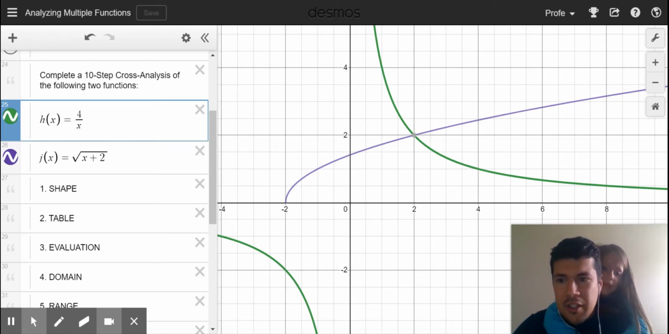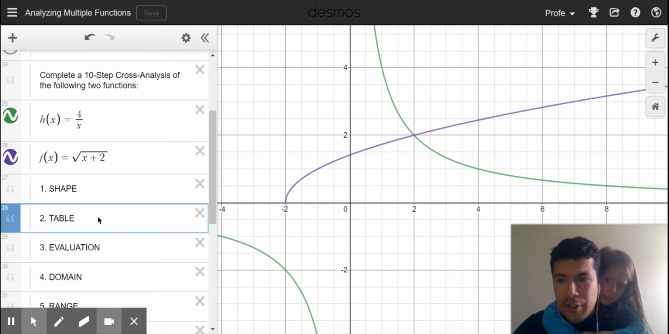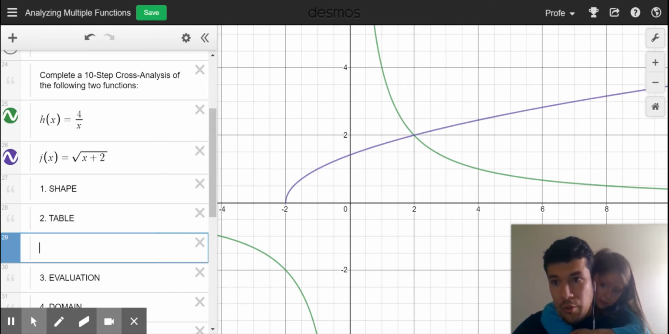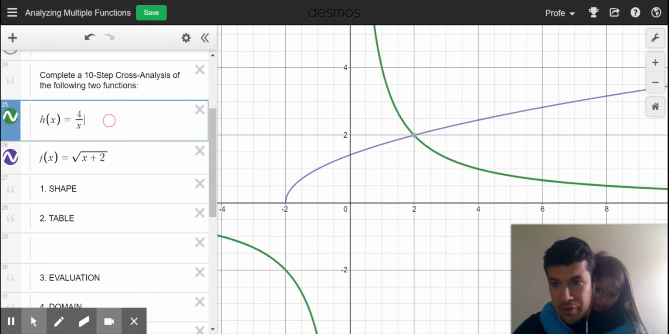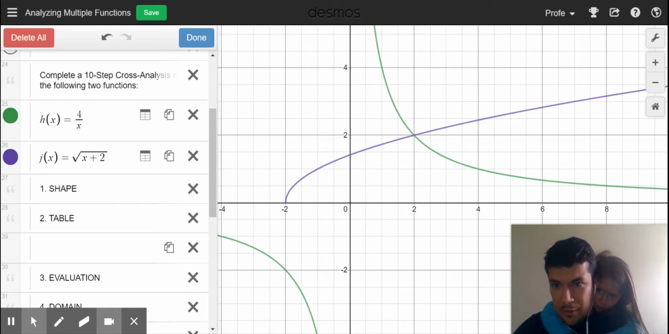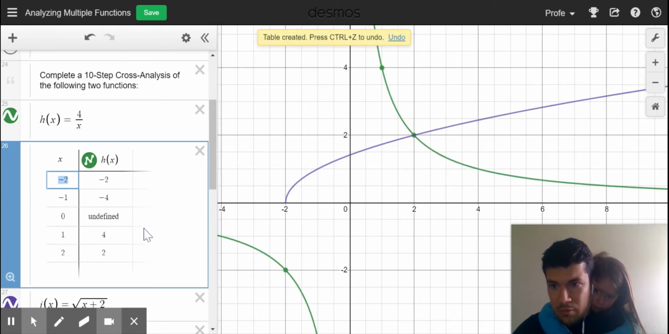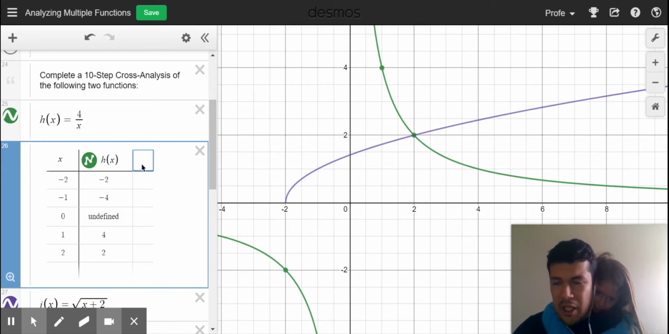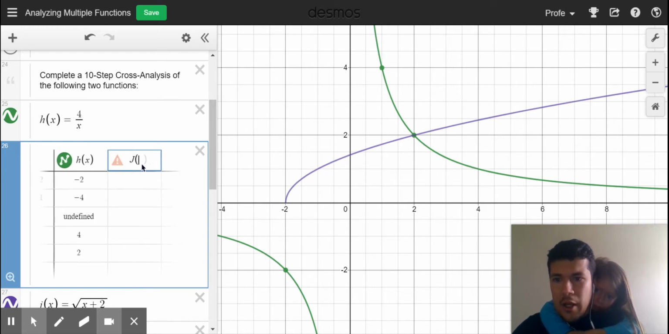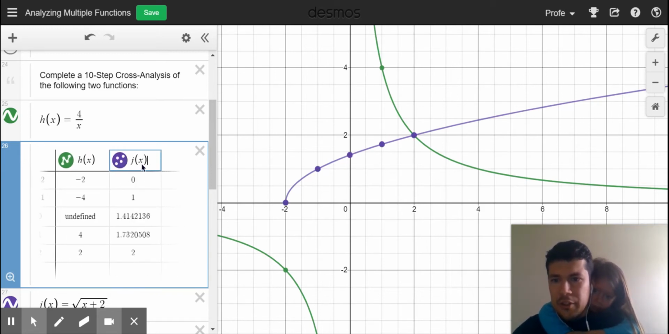Okay. Table. So for a table, I literally want you to make a table. The way you do it, if I've already given you h of x or g of x, you can do two things. You can just go to the cell and make it a table, right? But it really helps to see both functions side by side. So what I would do is go to a table once you've created a table, and go ahead and name a third column by the name of the other function,